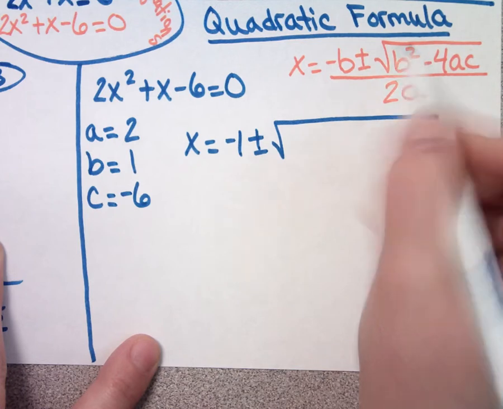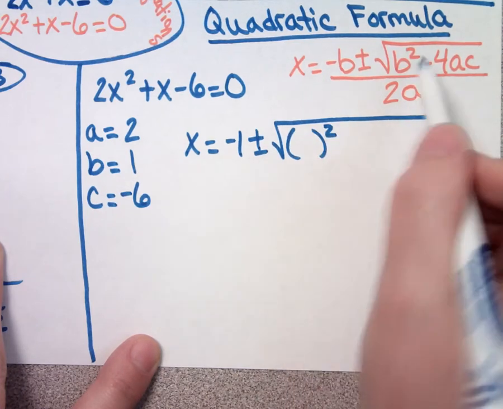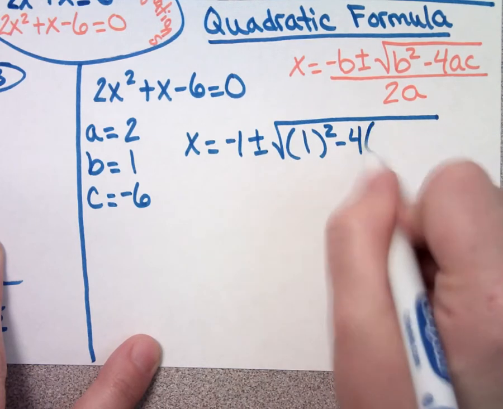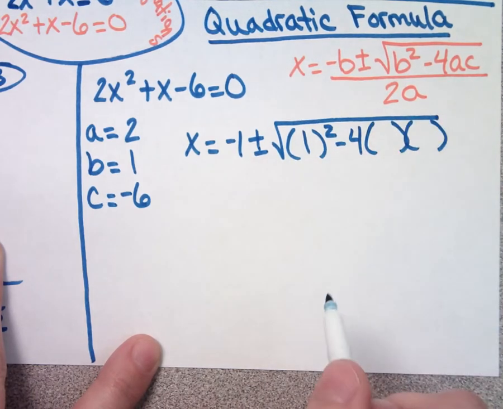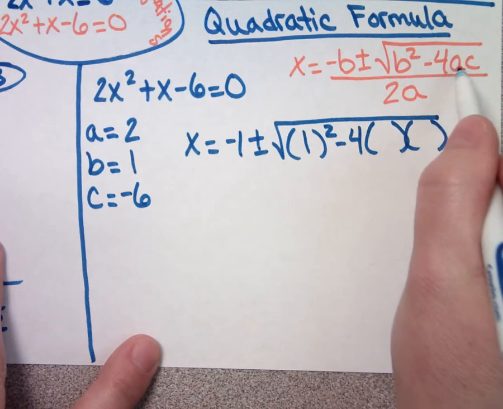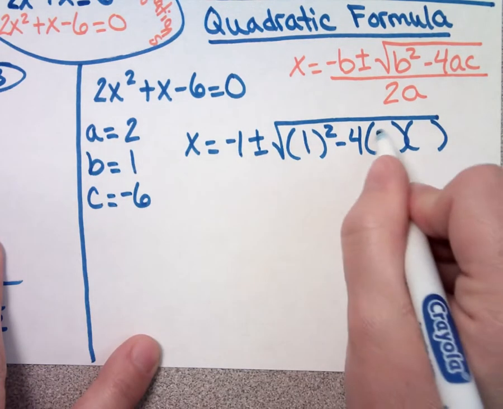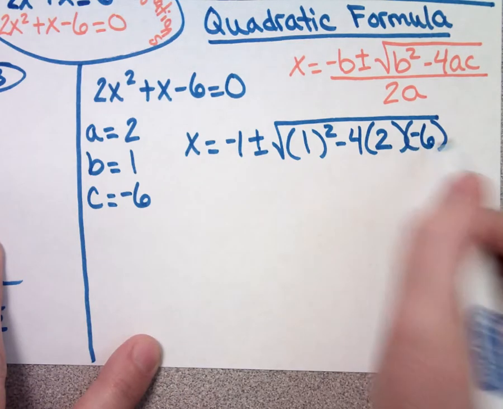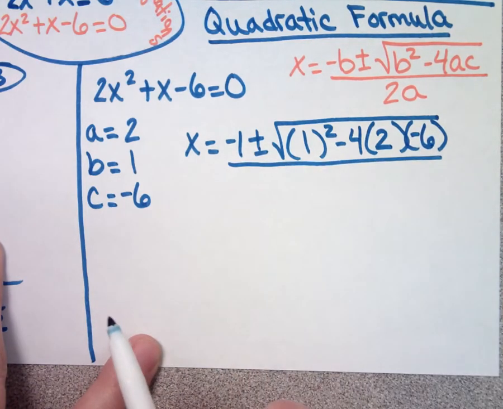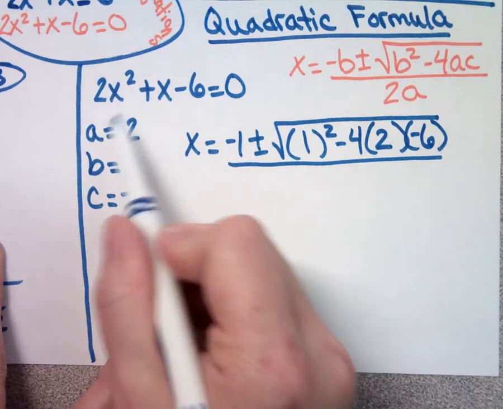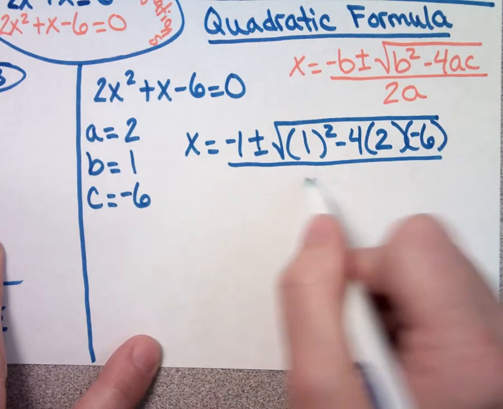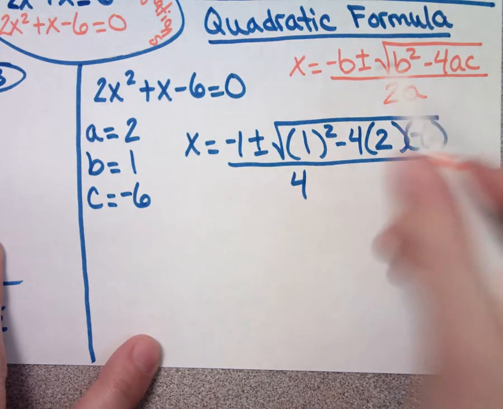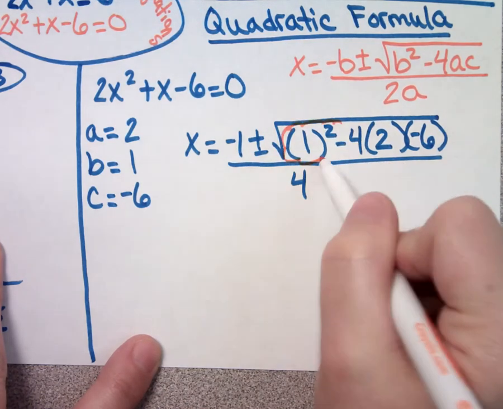Okay, now I want to take my b and square it. So what is b? 1 minus 4ac. So what is our a? 2. What is our c? Negative 6. All over 2a. What do you get when you take 2 times a? 4. Okay. Next thing I want you to do is take everything that's under this radical